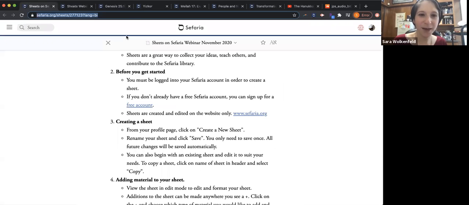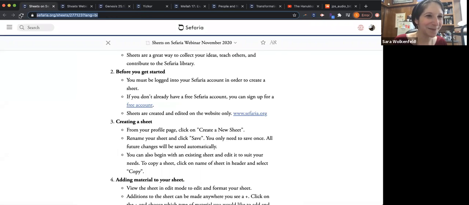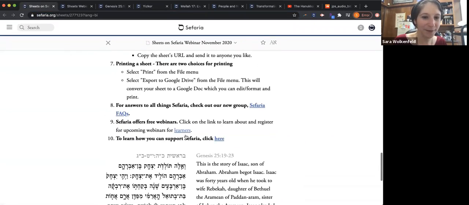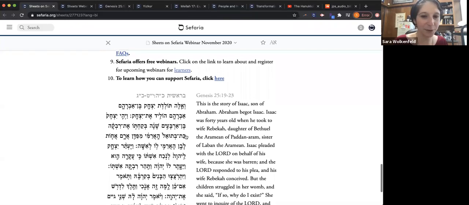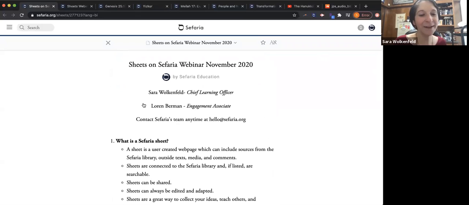So you can just do that anytime. And that will, oh no, I added it to the other sheet. Sorry, I added it to this one actually. Even more fun, it's on our outline page now. There we go. This week's Torah portion on our outline page, so you won't forget what week you went over this outline. So that's another way to do it.